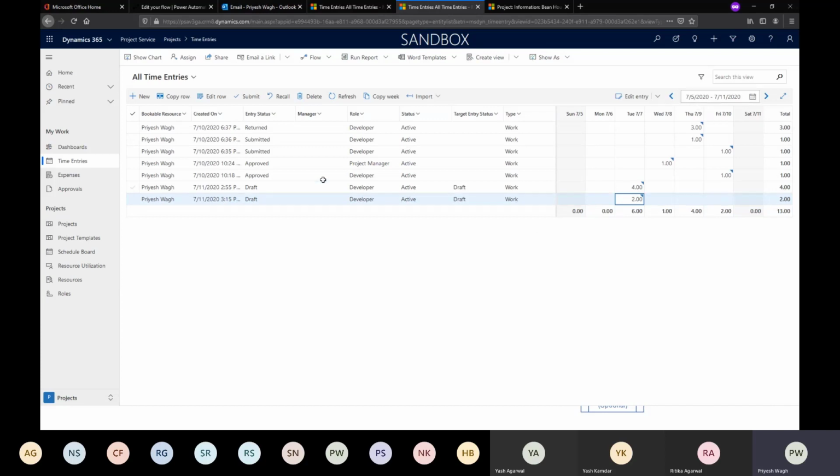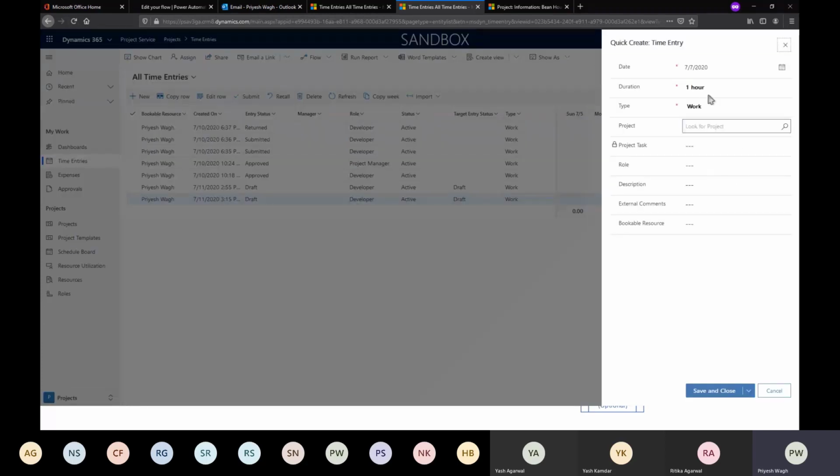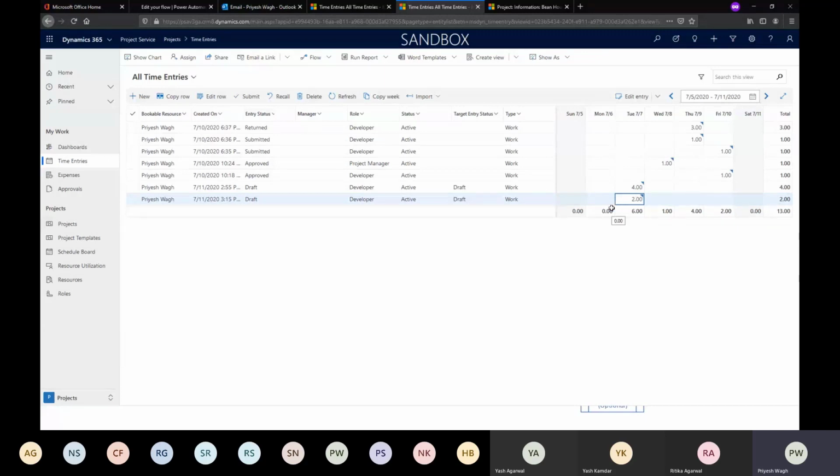Every week I come to this grid and I make certain time entries. And then once I'm sure that this is what I worked on this particular day for these many hours on a certain project, I submit all of this data and a time entry record is created, right? So once I'm done for the week, I select time entries like this and then I click on submit, meaning now I'm sending these time entries to the project manager for approval.